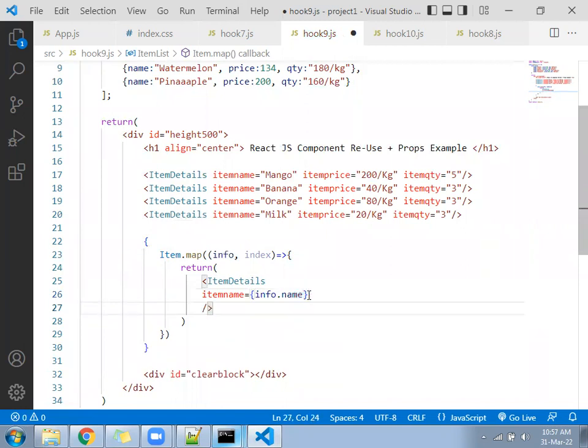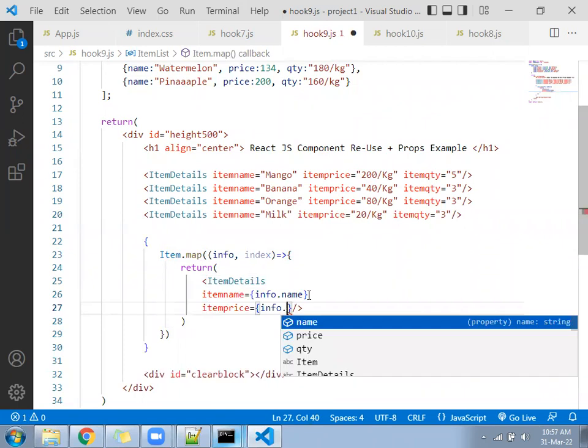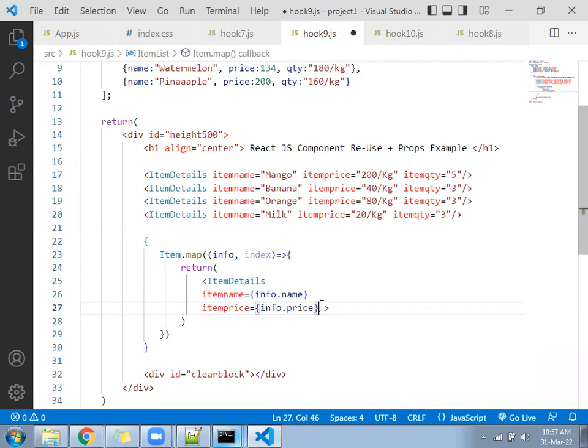Similar way, item price equal to info dot price. From the array you are sending these properties.